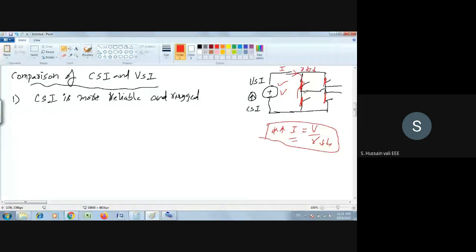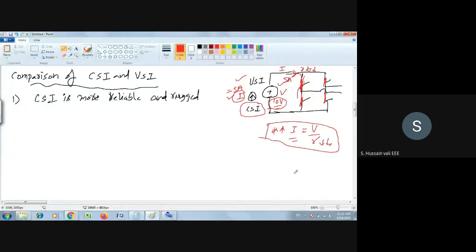Coming to the current source inverter, it has a value of I, and you know the current source value is constant. Similarly, for a voltage source, for example 10 volts, that 10 volts is constant whatever you connect here. Similarly, for a 5 ampere current source, whatever the load is, this 5 ampere remains constant. So when you have the current source, even though there is a short circuit, the current that flows in the short circuit is only 5 ampere, not more, because its value is constant. Whereas for the voltage source, the value that is constant is 10 volts, so whether it is short circuit or open circuit, its voltage is 10 volts only.